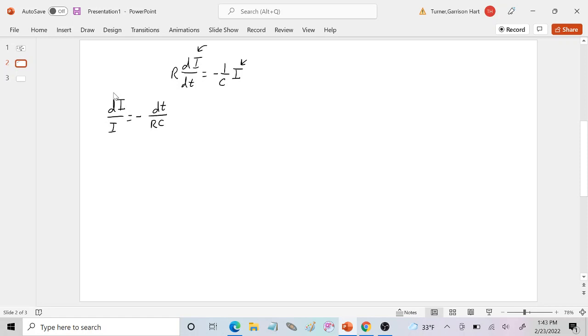Ooh, there's that RC again. So here the time constant comes back into play. So remember that RC is the same thing as tau, and this is the time constant. Okay, so we've got dI over I is equal to negative dt over tau. Okay, and now we're going to integrate,